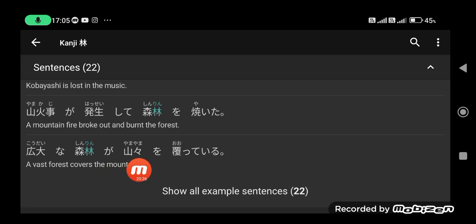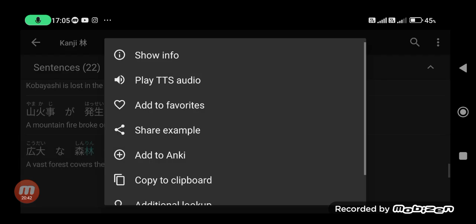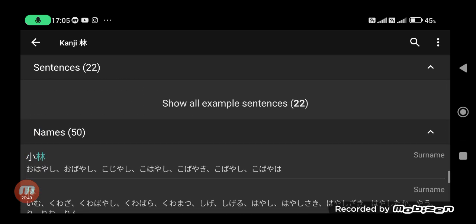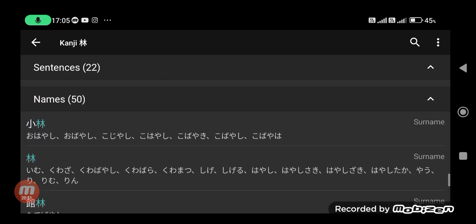Yamayama, and this is not a kanji but a repeater mark. It will just double the reading of the kanji on its left side. The kanji on its left side is yama, so this whole thing here is yamayama. 広大な森林が山々を覆っている。